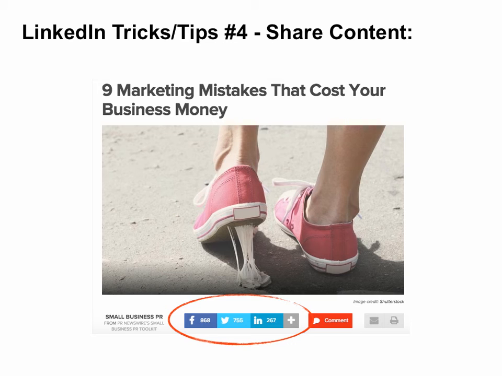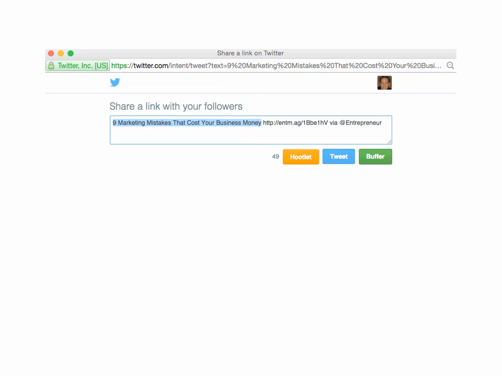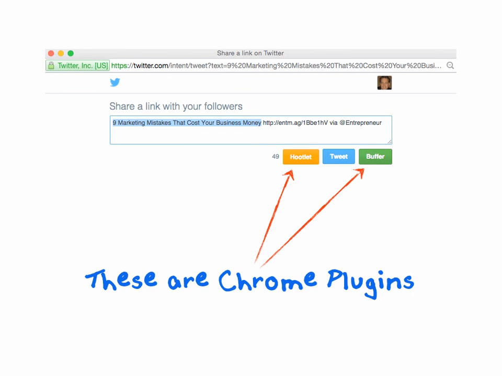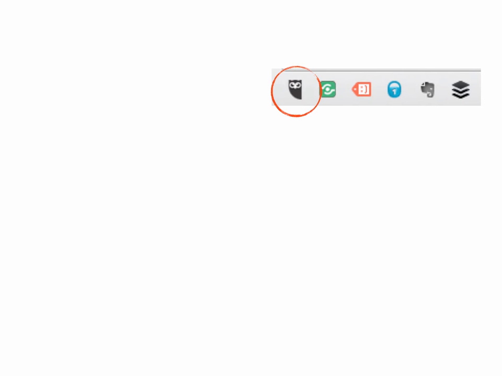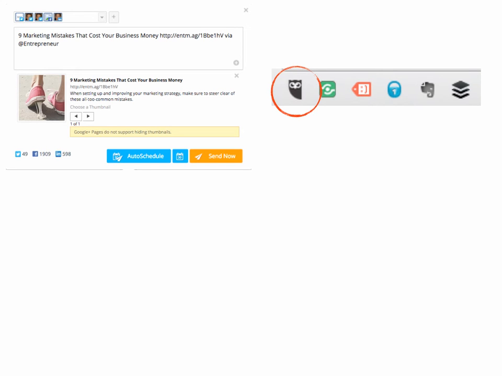And another way you can do this is when you're on there, you can click on, like in this case, I click on Twitter. I've got 2 Google Chrome plugins. One is from Hootsuite, and they've got this little plugin called Hootlet, and the other one is Buffer. I'll get into why this is powerful in a sec. When I click the little Hootlet button here, it pulls the information from the page that I'm on that I want to share, and then up in the upper part I've got different social media accounts in here. So 3 Twitter accounts, 1 Facebook, and one